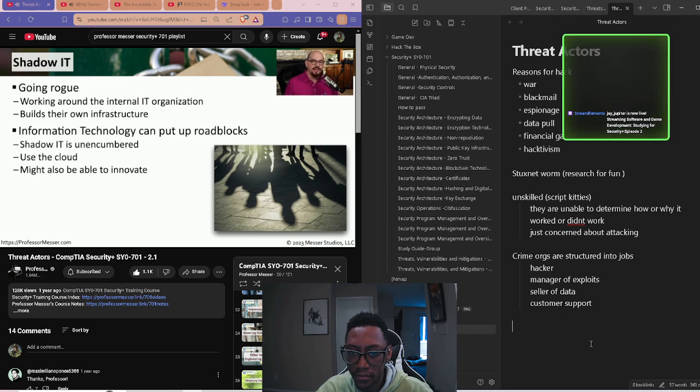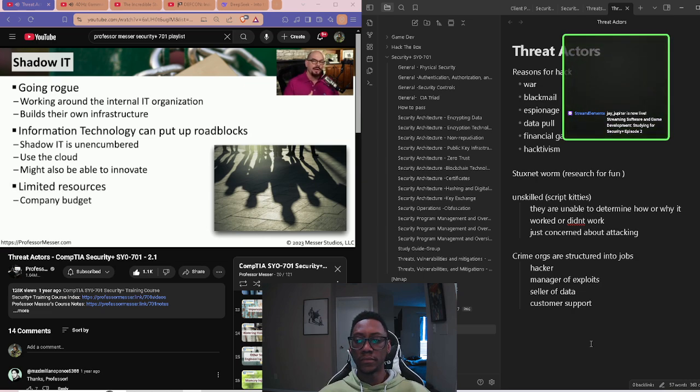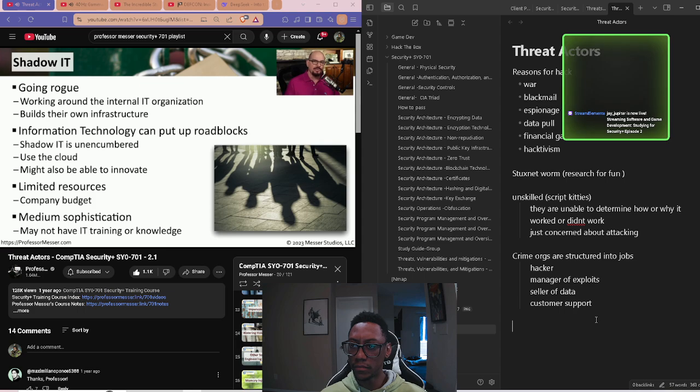Instead, they'll use their own budget or credit cards to purchase their own cloud-based services and access those from their browser. These groups are obviously limited by the amount of budget they might have, but in many cases they can create quite an infrastructure using a small amount of budget and connecting to devices that may be in the cloud. In some cases, none of these people have a background in information technology. They don't understand what's required for backups or change control, and this can obviously put a huge risk on the organization, especially if no one in this shadow IT department has any consideration of what security should be in place.